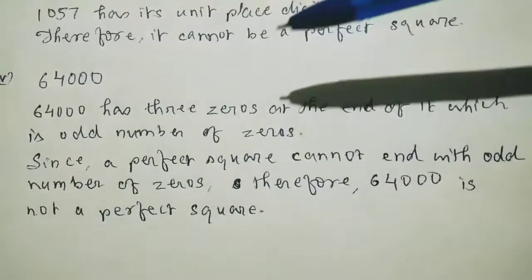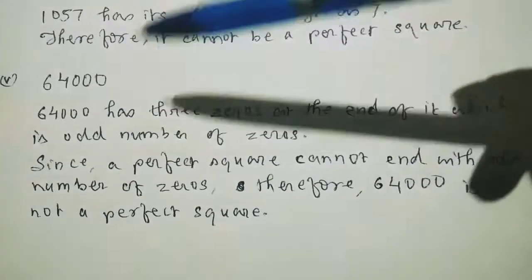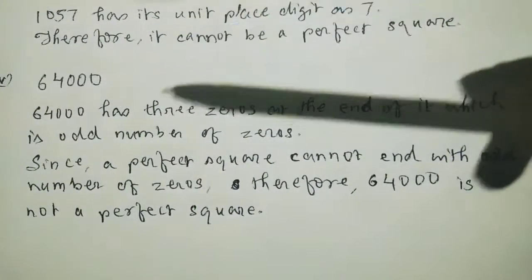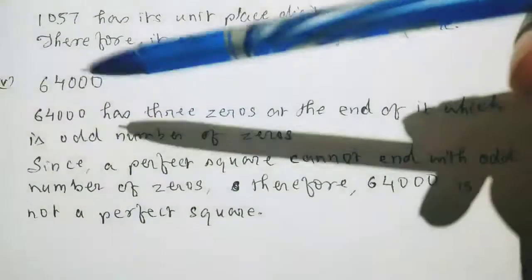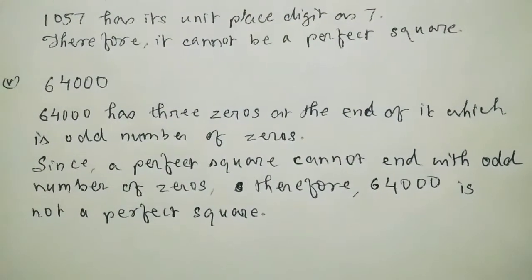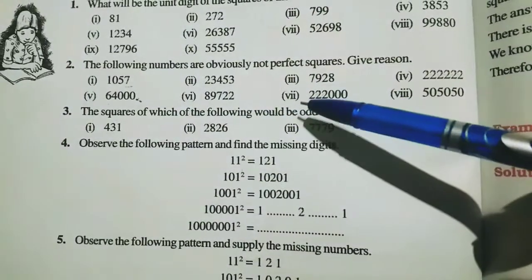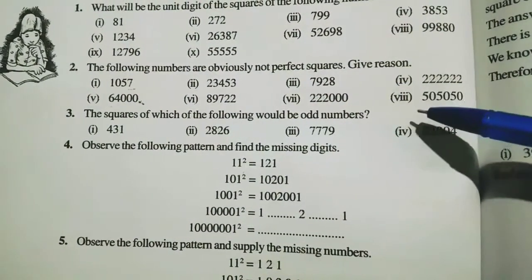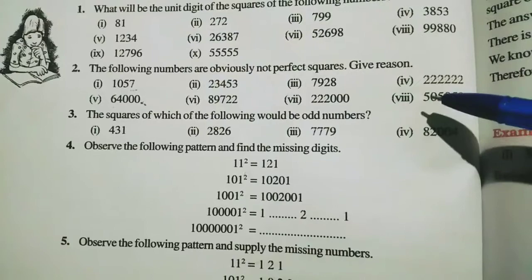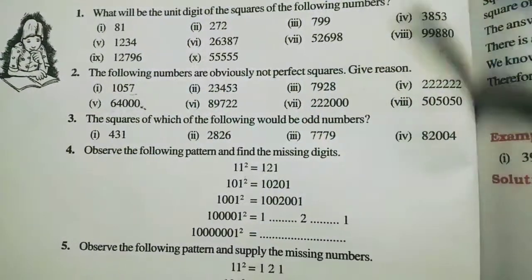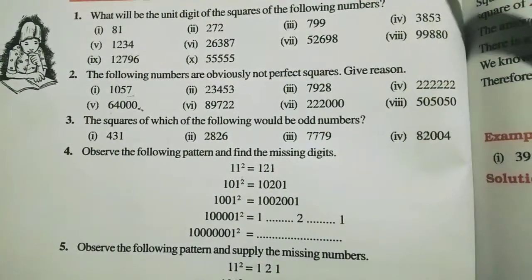Now you understand the reason why it is not a perfect square. A perfect square should always end with an even number of zeros. Here it is an odd number of zeros, that's why it is not a perfect square. Understood now? Students, I hope you can do question 7 and 8 also, because they have zeros too. So do those 2 questions, and the rest, in homework by yourself.